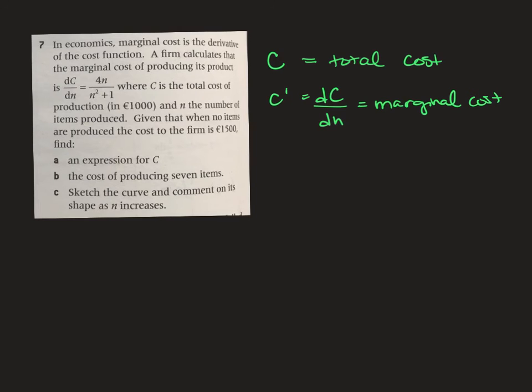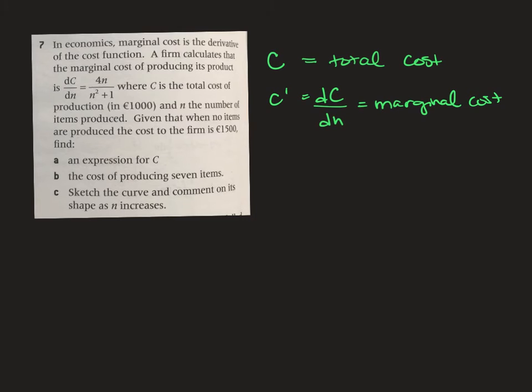Okay, number 7 requires a little unpacking, but y'all can do this. So it says marginal cost is the derivative of the cost function. So we're going to have some function c, and its derivative, c prime, which is the same as dc over dn, is going to be marginal cost. And we have a formula here for dc dn,